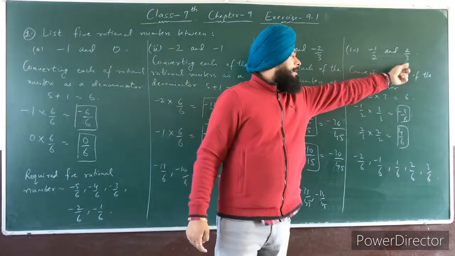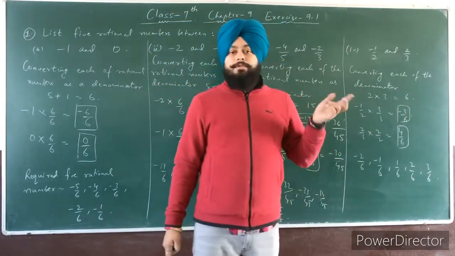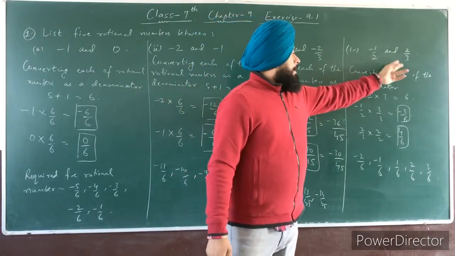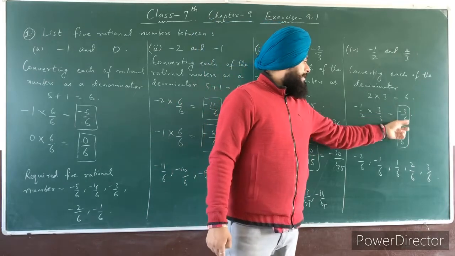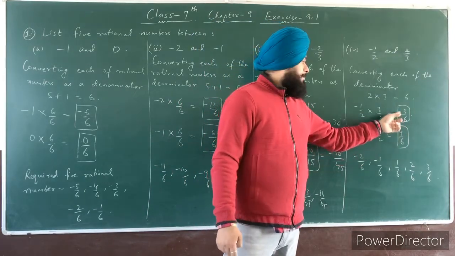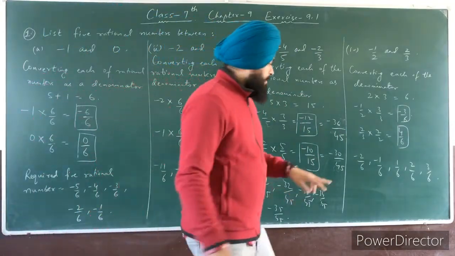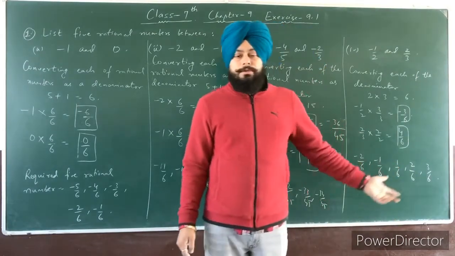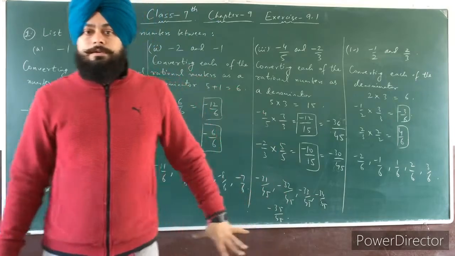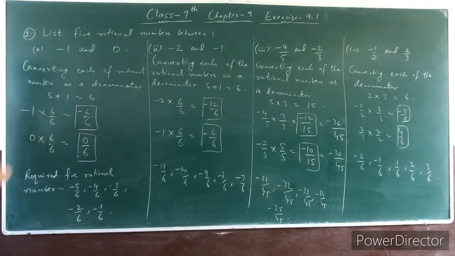Again, the fourth part is the same as the third part. The denominator here is 2 and the other denominator is 3. So we have to take the LCM of 2 and 3, that is 6. Now you have to convert both of these fractions into denominator 6. So the first is -3 by 6 and the second is 4 by 6. So between -3 and 4 there are so many numbers. We have to take only 5, which are -2 by 6, -1 by 6, 1 by 6, 2 by 6, 3 by 6. You can also write 0 by 6. Alright, 0 by 6 is also a rational number. Clear students? So this is your question number one.